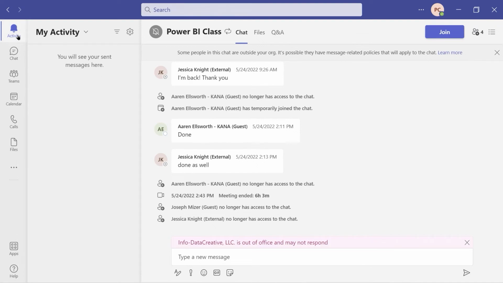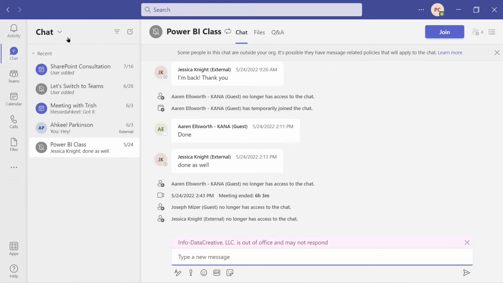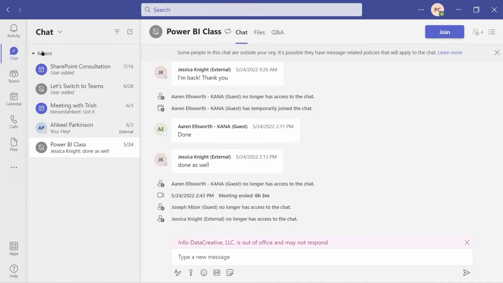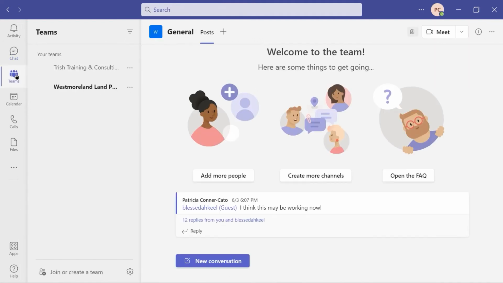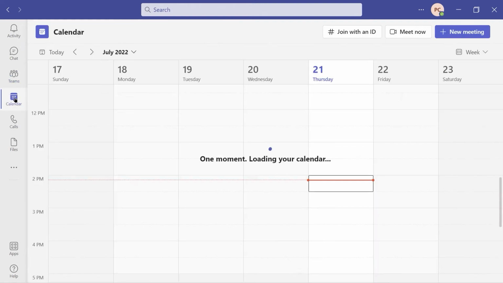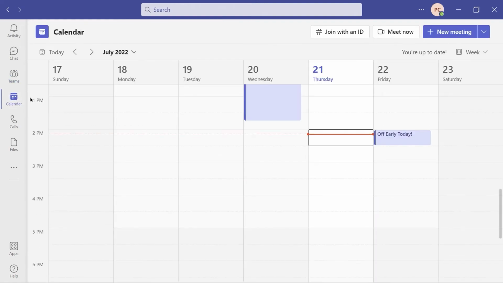Now, after activity, you have chat, and this is where you'll see all of your chats, right? And then I have teams. And I actually have two teams in my Teams, the team for my company, and then I have a project that I'm working on in here as a team. Then you have your calendar, your Teams calendar.